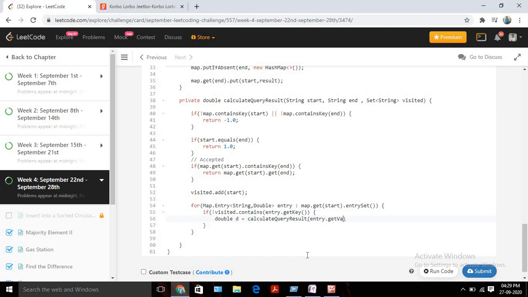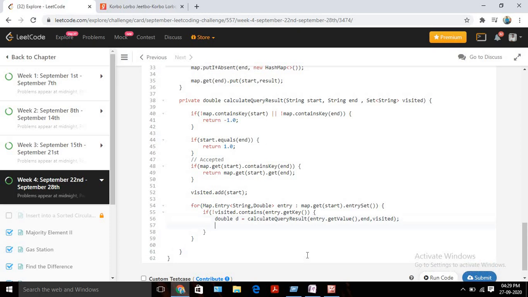So basically plain DFS logic. And the end will remain the same because we need to traverse till the c. So end will obviously be the same. And we need to pass the visited. So visited will also remain the same. Visited will currently contain only one node, that is a, since we have started from a.